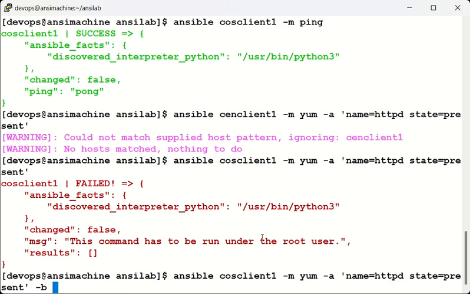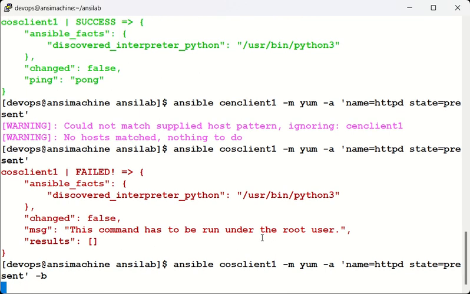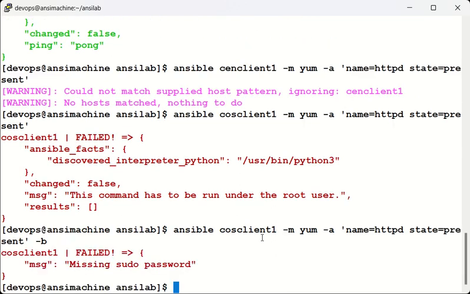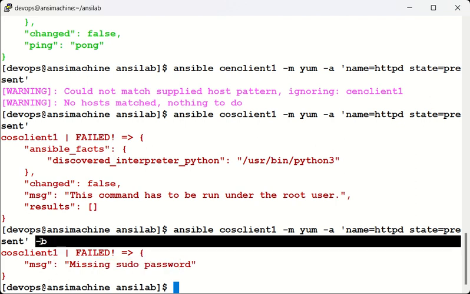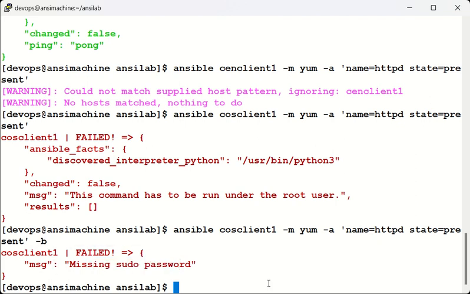But just this much may not be sufficient. Even if I specify this, let's see what is going to happen. Now I have made it a super user. But it is saying it is missing the sudo password, because whenever you are trying to perform an operation as a root user, you not only need to make it sudo, you also need to specify the password. For example, if I just specify here sudo